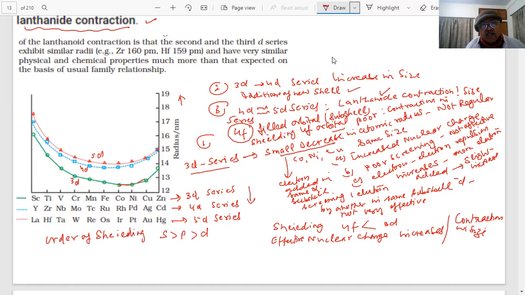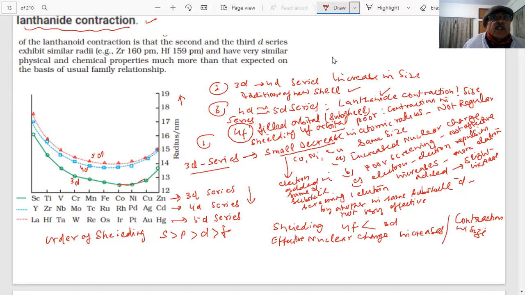The most effective for shielding are s orbitals. They are spherically symmetric outside the nucleus and provide a very good shield. You have seen the dumbbell shaped p orbital. d orbitals are more diffused than p, and f is the most diffused. It has the least shielding. The poorest shielding is for the f orbital. So this is a very important generalization.